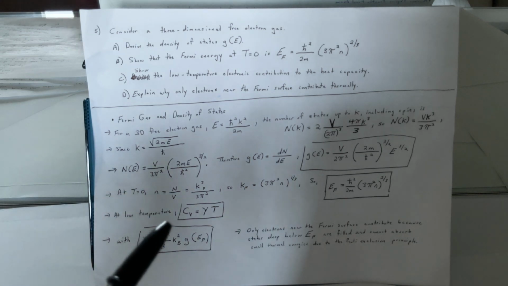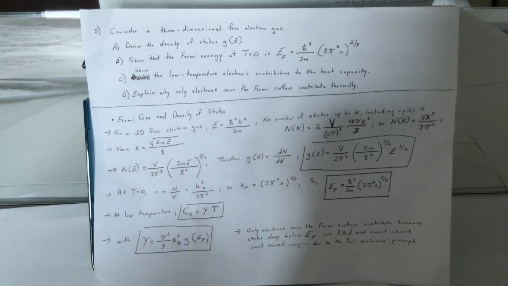And at low temperature, we have C_V that equals gamma T. And with gamma, that equals pi squared over 3 k_B squared g(E_F). And we could add here at the end, only electrons near the Fermi surface contribute because states deep below E_F are filled and cannot absorb small thermal energies due to the Pauli exclusion principle. So that's the setup